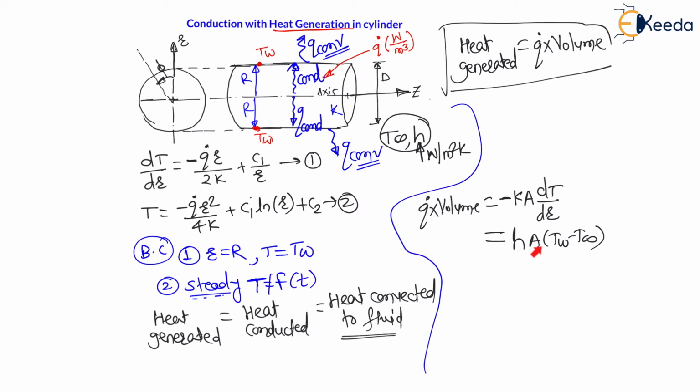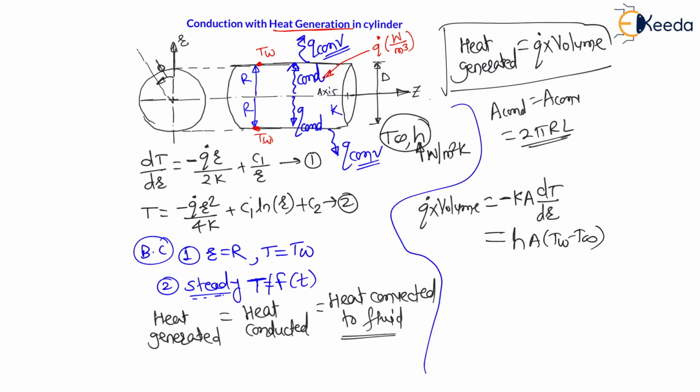And A here, in convection heat transfer, is the area exposed to the outside air. Again my dear students, the perpendicular area to the direction of heat flow is 2 pi RL, as well as the exposed area for convection, which is the circumferential area. Therefore we can say the area of conduction is equal to the area of convection in the given case, which is 2 pi r L. And the volume is pi r square, the cross sectional area, into length L. So let us put the values here.